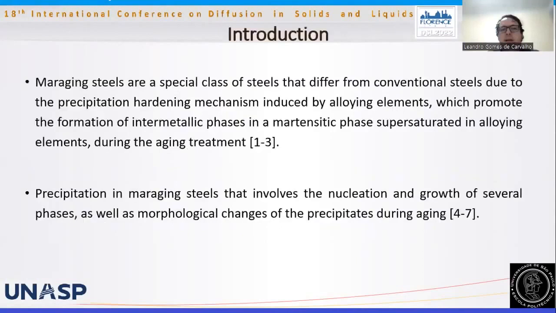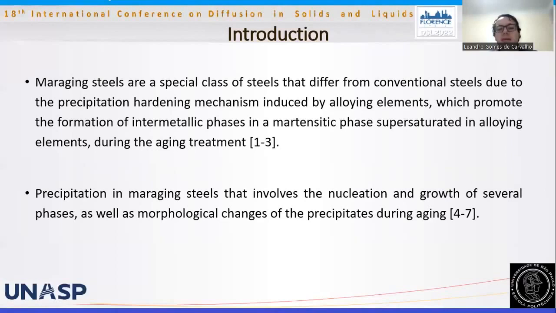Maraging steels are a special class of steels that differ from conventional steels due to the precipitation hardening mechanism induced by alloying elements, which promotes the formation of intermetallic phases in a martensitic phase supersaturated in the alloying elements during the age treatment. Precipitation in maraging steels involves the nucleation and growth of several phases, as well as morphological changes of